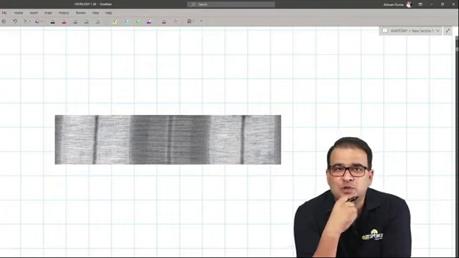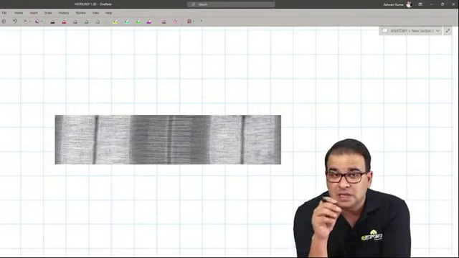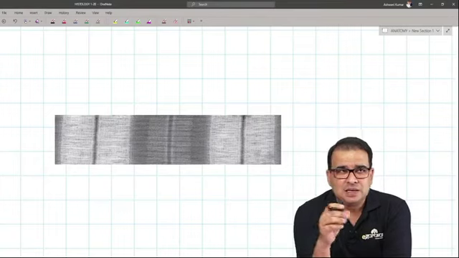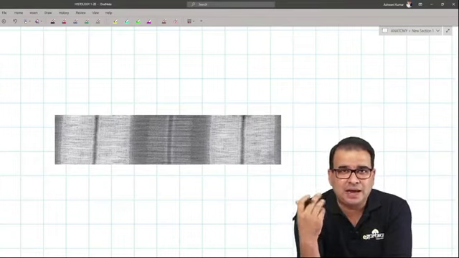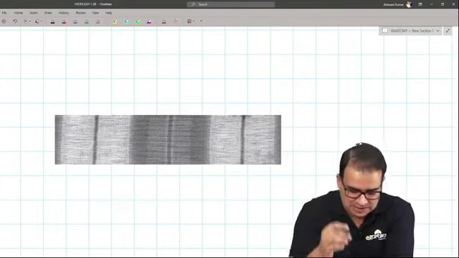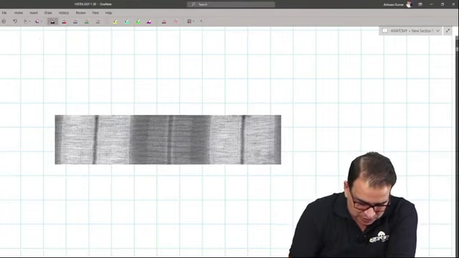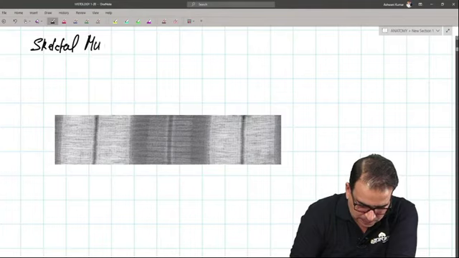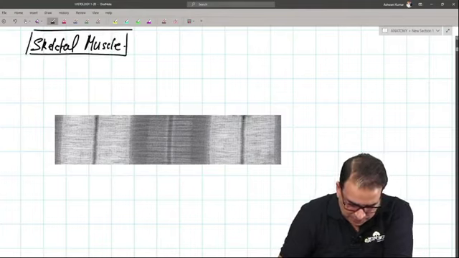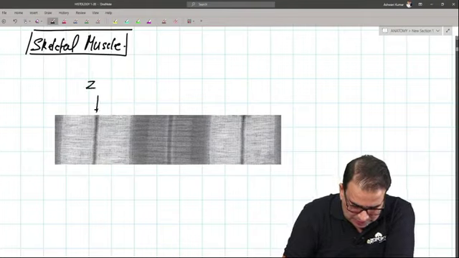An electron microscopic image of the skeletal muscle. This is another question which is frequently being asked. Electron microscopic image of this one, and the junctional complex is being asked if you look at the previous year paper. So this is a skeletal muscle, guys. Here is the Z band,